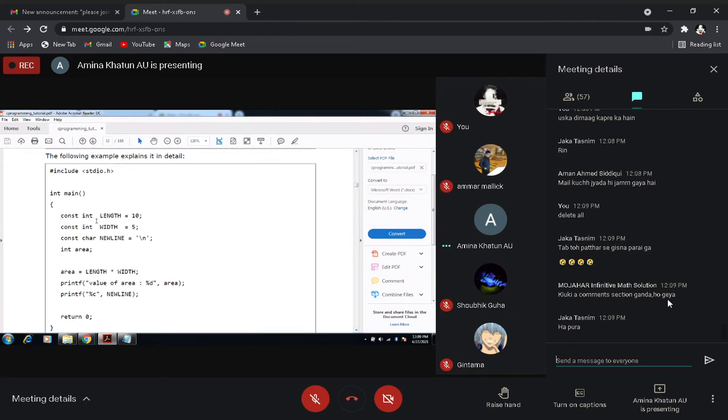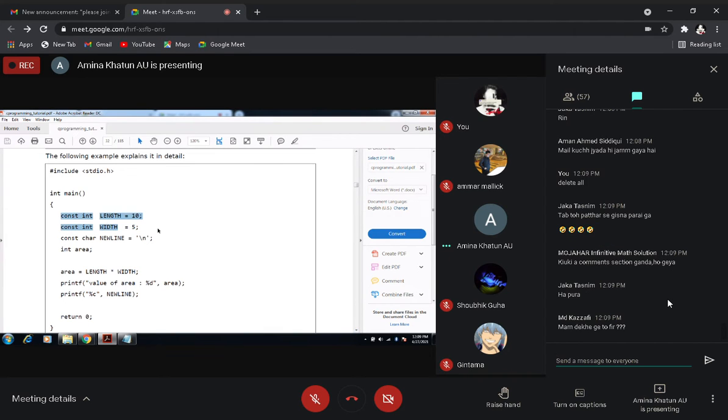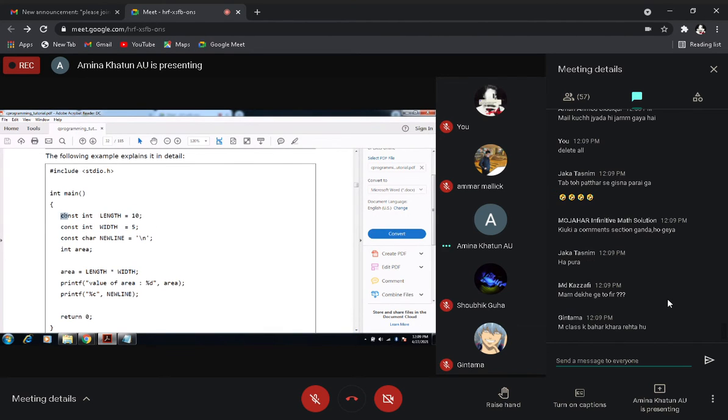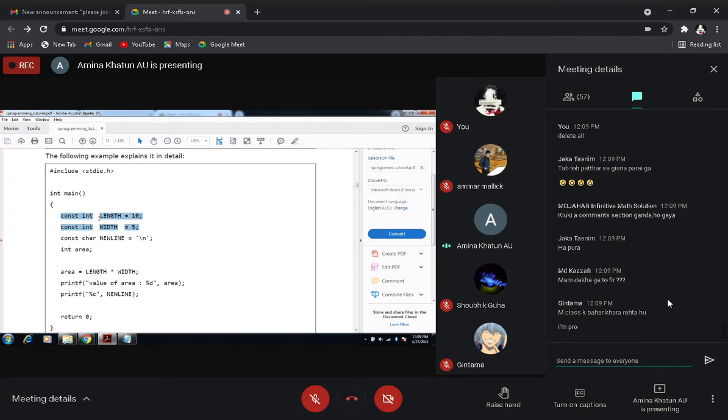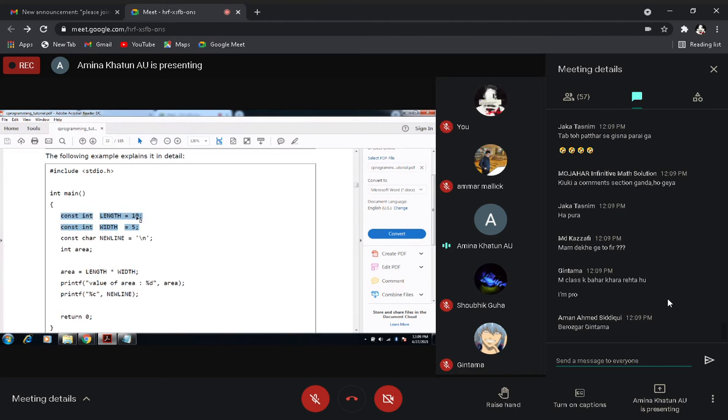Here you can see there are two constants, first is length and width. The first one is the length variable, and it is constant. So the type is integer, and the value of that length is 10. So we have used this const keyword.